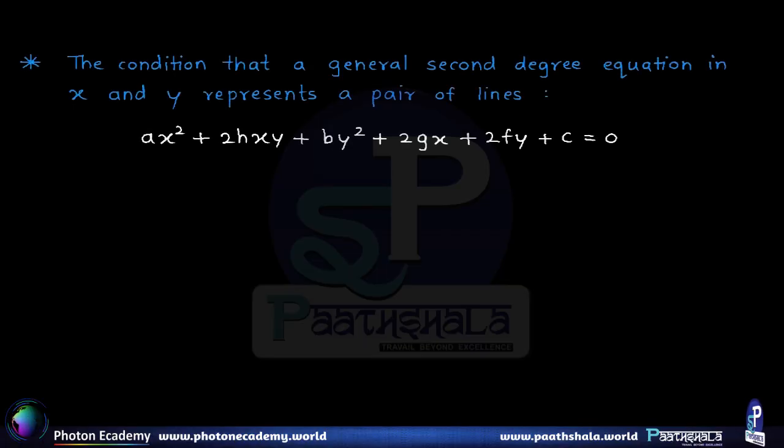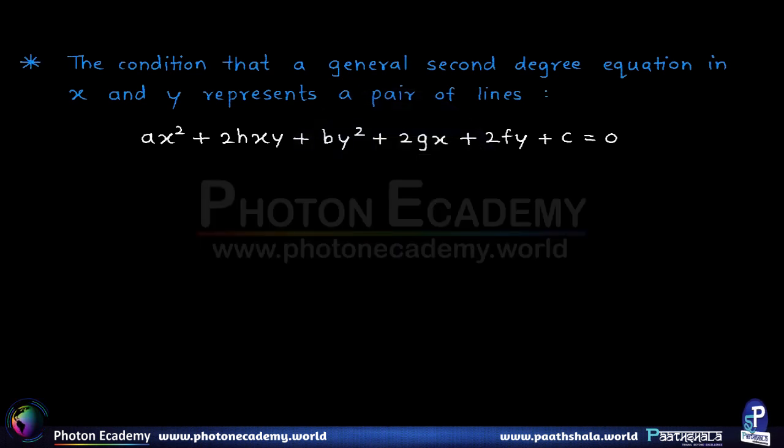Now here we derive a very important condition for a general second degree equation in x and y to represent a pair of lines. This connects with the more general idea of conic sections, which we'll be dealing with in the overview of conics. That idea is that any conic section will have its equation as a second degree equation in the two variables